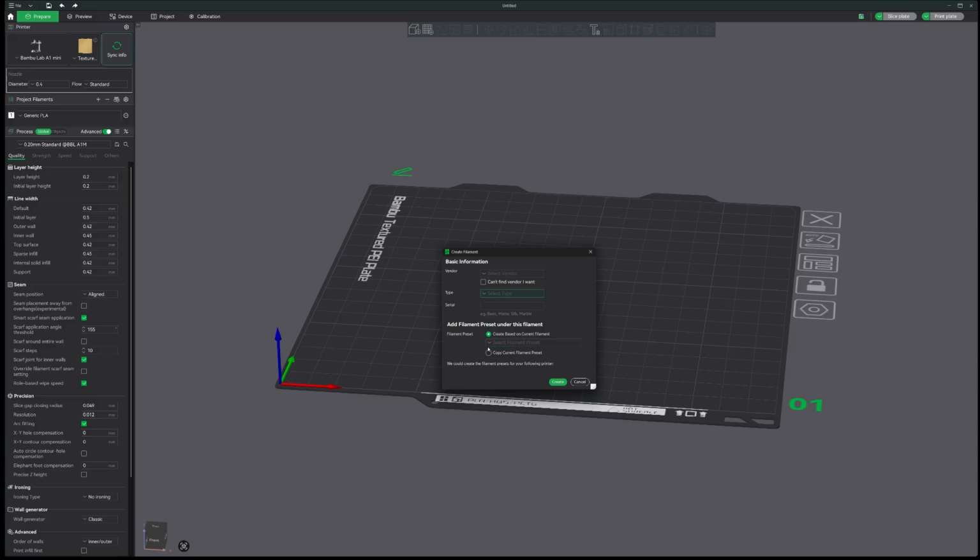You can also create a profile based upon whatever your current filament is right now. So let's say I needed to build one that was based upon PLA, but I just needed to change some temperatures and stuff. A lot of your flow rates and stuff are going to be exactly the same. So you can do that, but for right now, what we're going to do